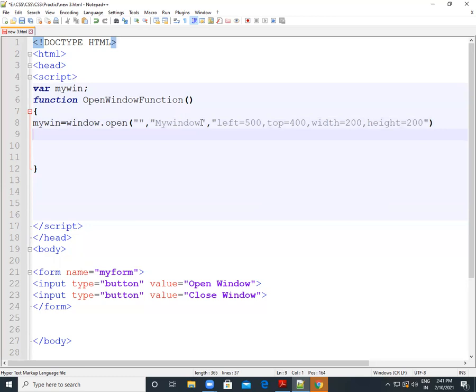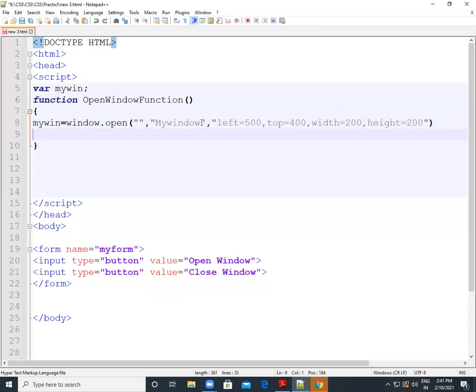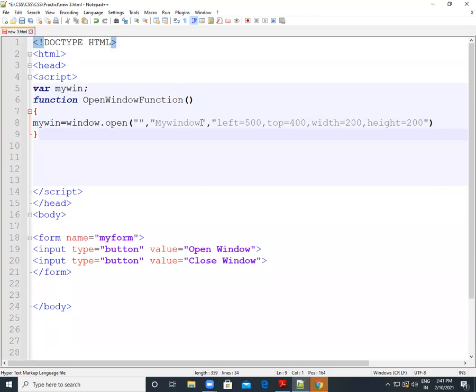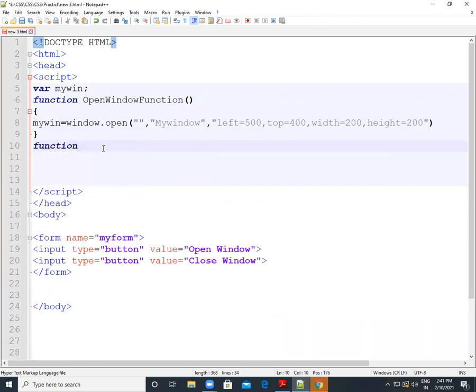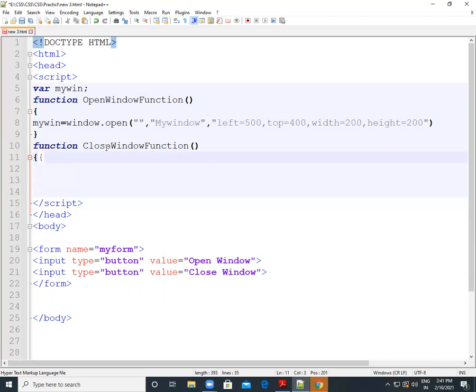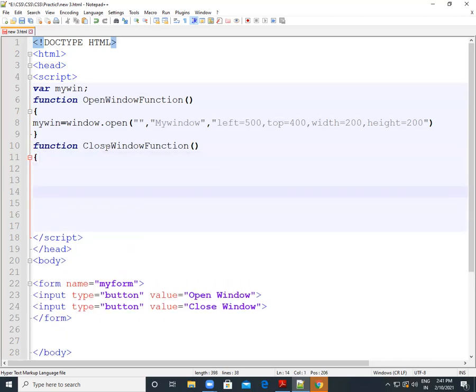Now you can see this function is completed, but we also want another function for closing the window. For that we will write another function here, function close window. Okay, in that function also we will write some logic for closing that window.